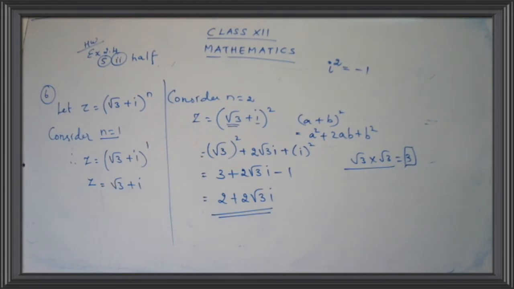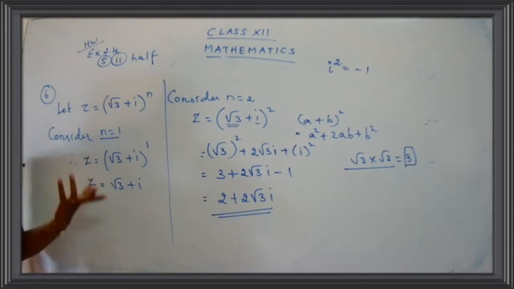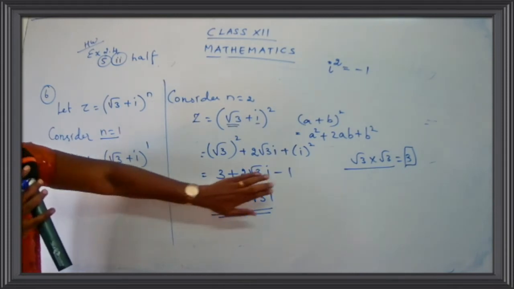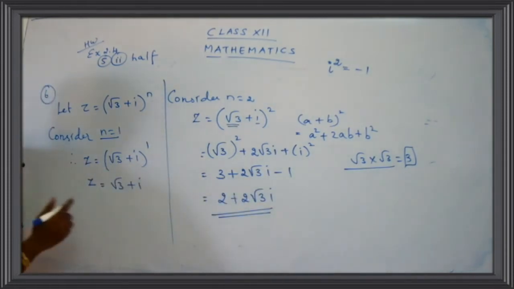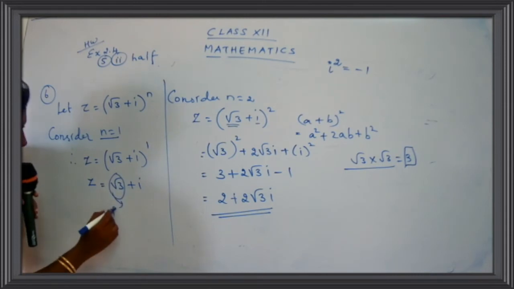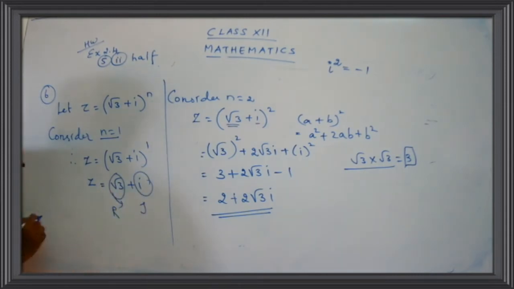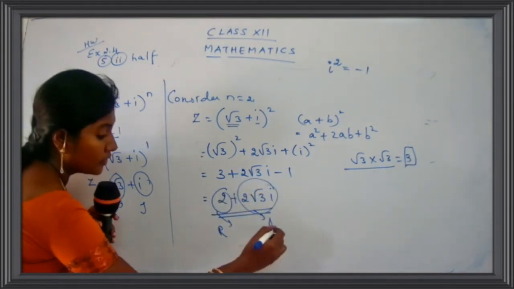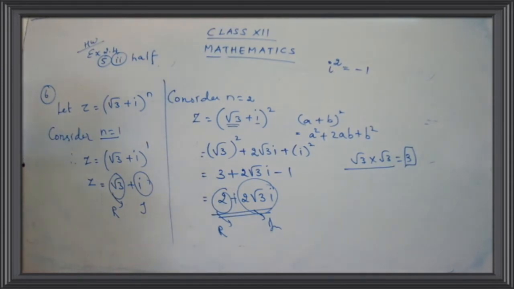Clear? Okay. Let us check whether we have arrived at the solution. I have told you that we want only the real part or only the imaginary part. But this answer contains the real part and the imaginary part. I hope you are clear with the question, children. See, here we have a real part and the imaginary part. So we have not arrived at the solution. We have to move ahead. Yes. We have to take one more value.